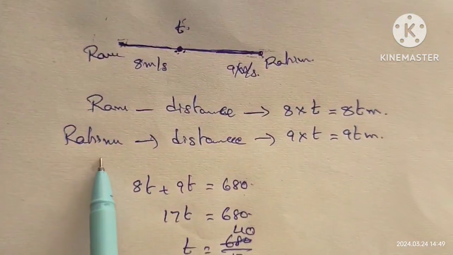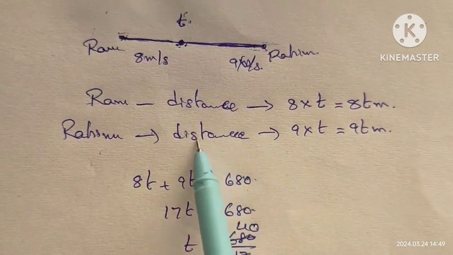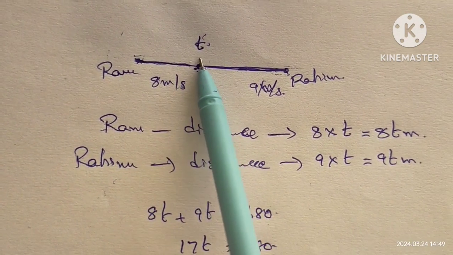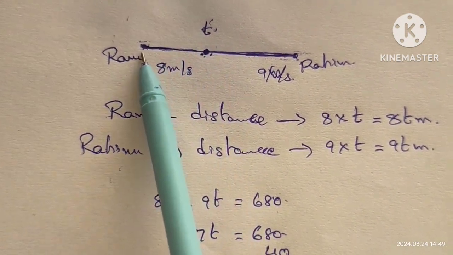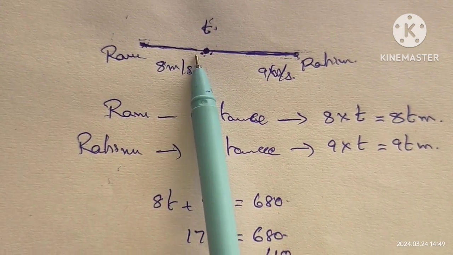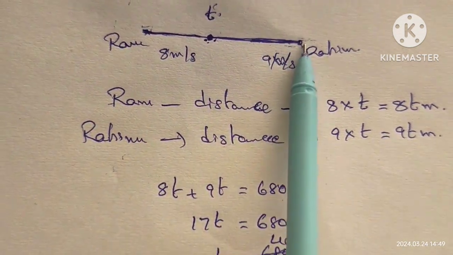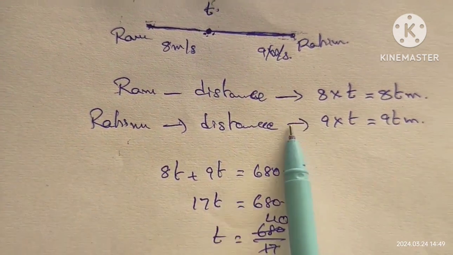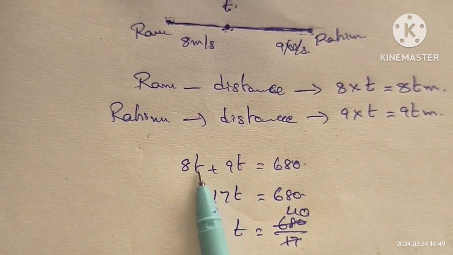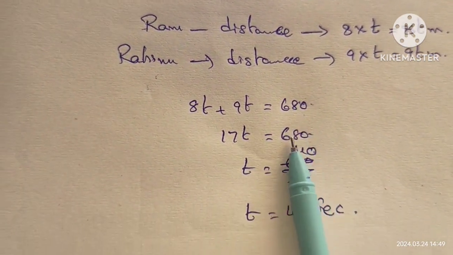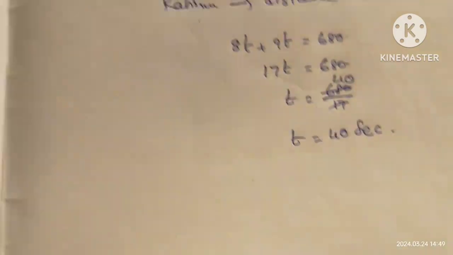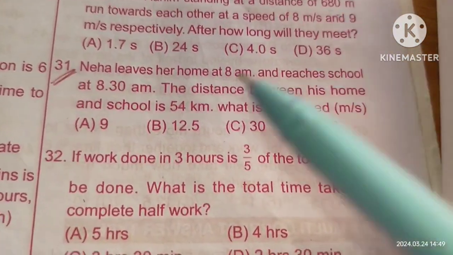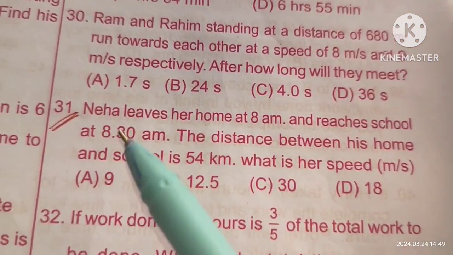Check once again the sum. I just took that time as t. Then in t seconds, Ram runs some distance, Rahim also runs some distance. I calculated the distance, but the total distance is 680, they said. By equating it, we will get the answer. That is. Next, last one, on time and